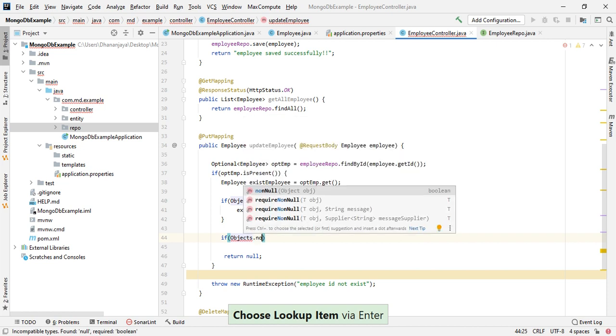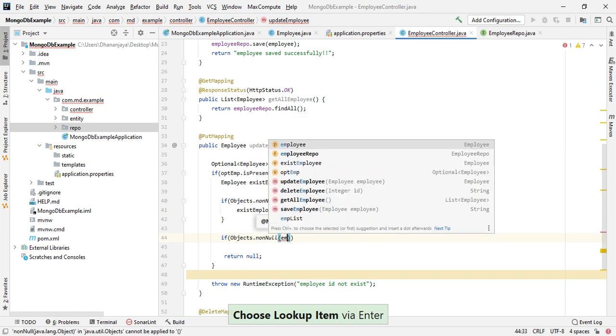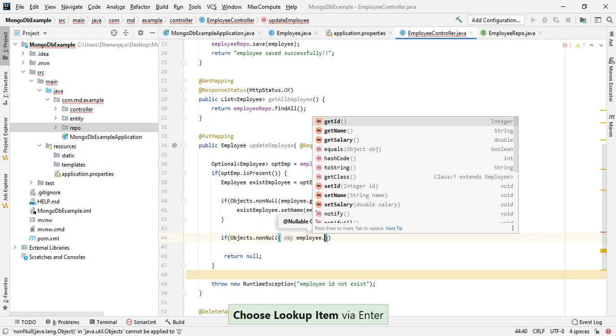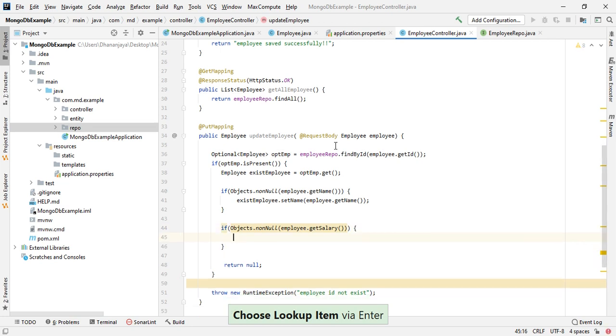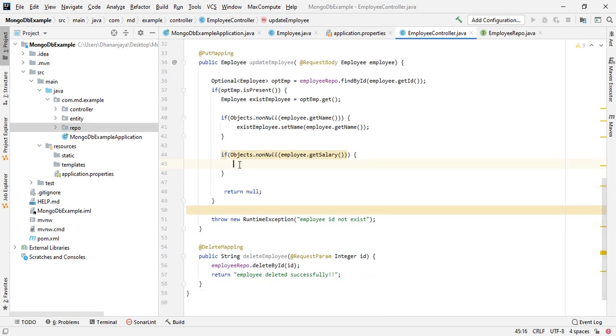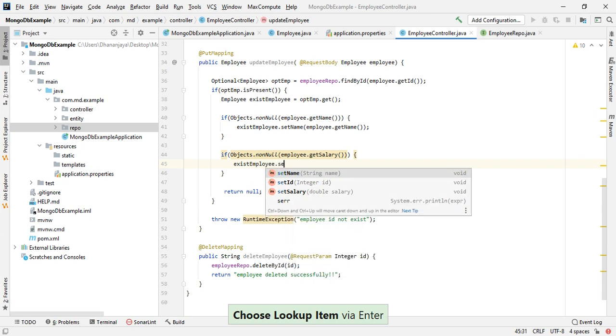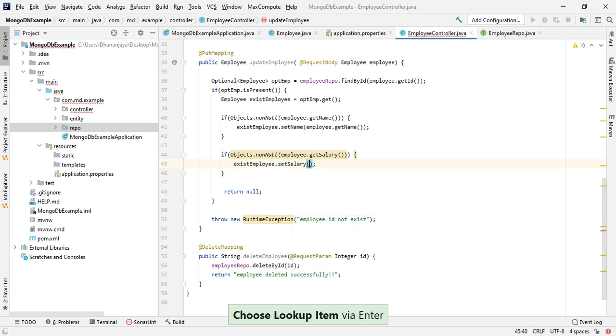Object.nonNull of employee.getMobileNumber, or sorry, getSalary. So existing employee.setSalary of employee.getSalary.